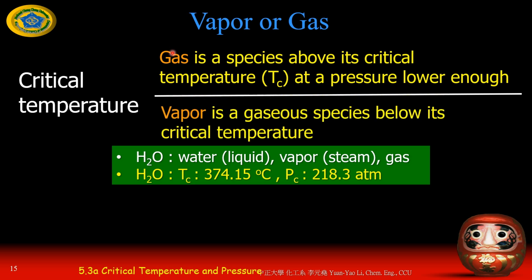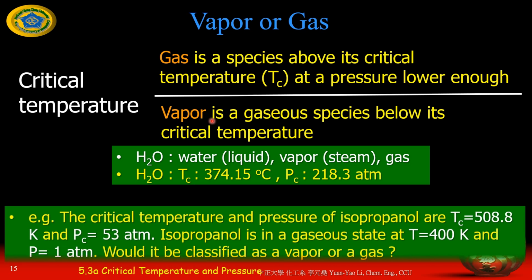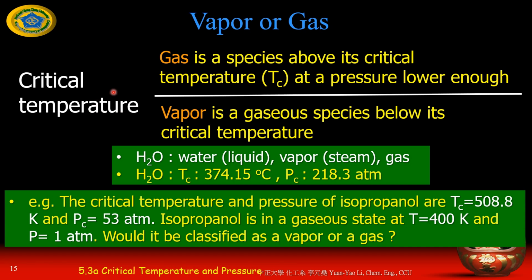However, if the temperature is lower than the critical temperature, we use vapor to represent this species. So let me give you an example. The critical temperature and pressure of isopropanol 异丙醇 are Tc equal to 508.8 Kelvin and Pc equal to 53 atm. So if isopropanol is in a gas state at T equal to 400 Kelvin,